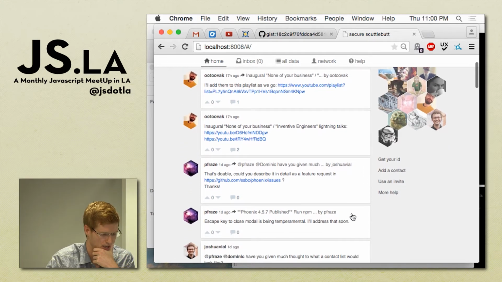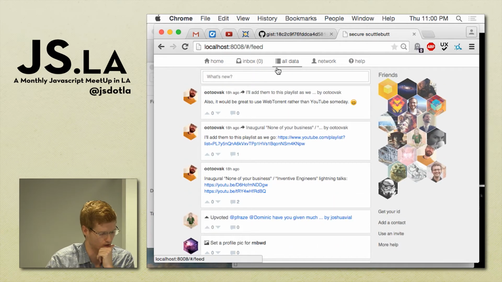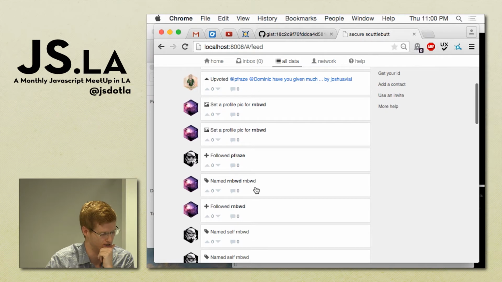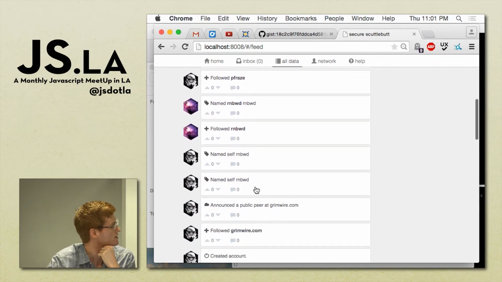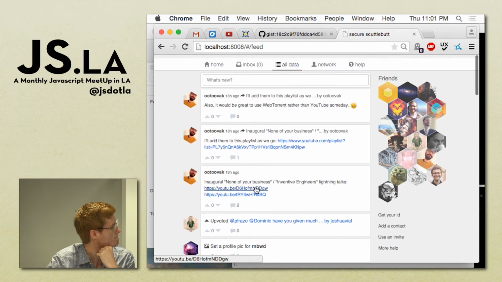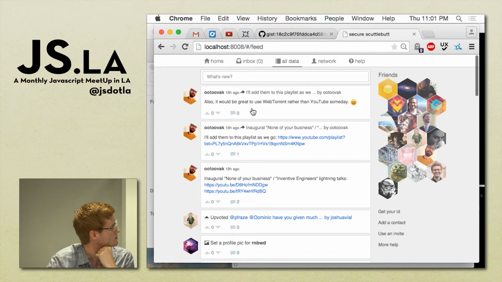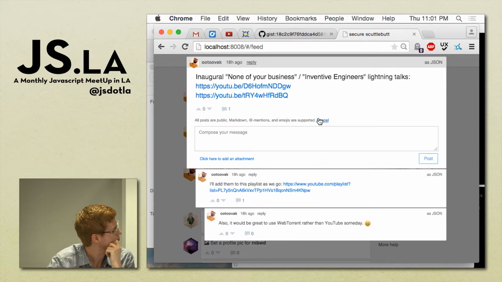And so what we're looking at here is a set of posts that people make. I'll switch over to the all data view, and so we can see basically every message of the feeds that I follow aggregated into this view here. And you can see threaded views of the conversations and make replies and what have you.